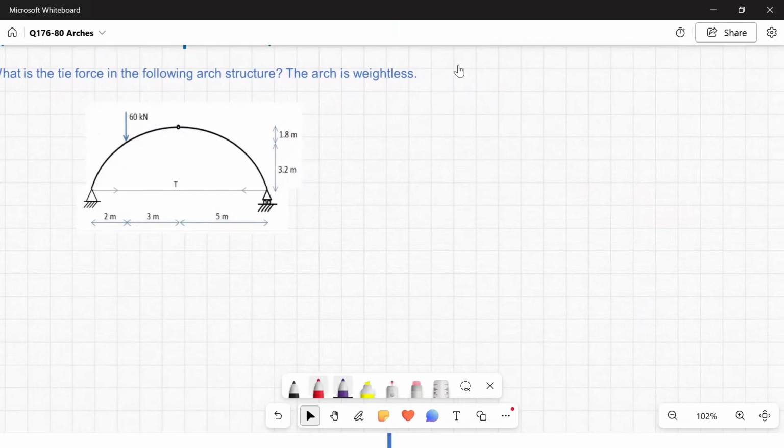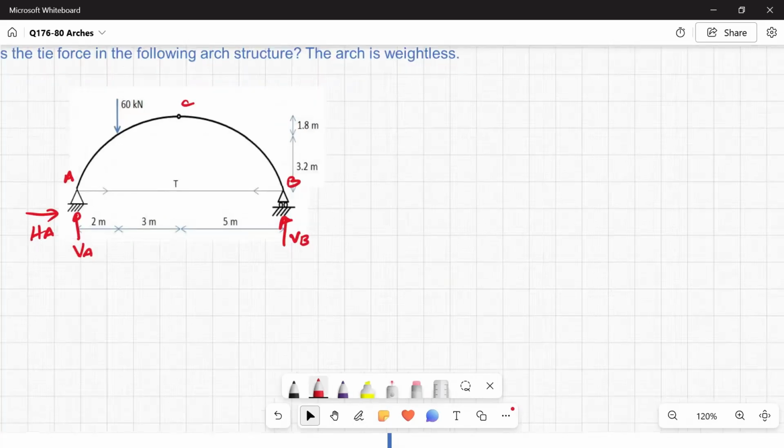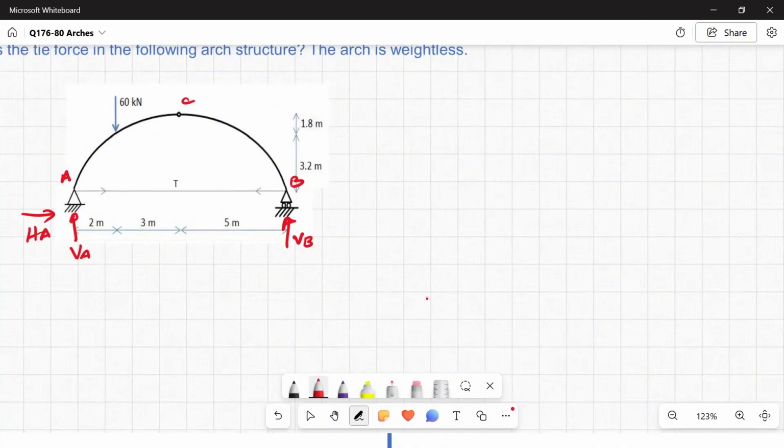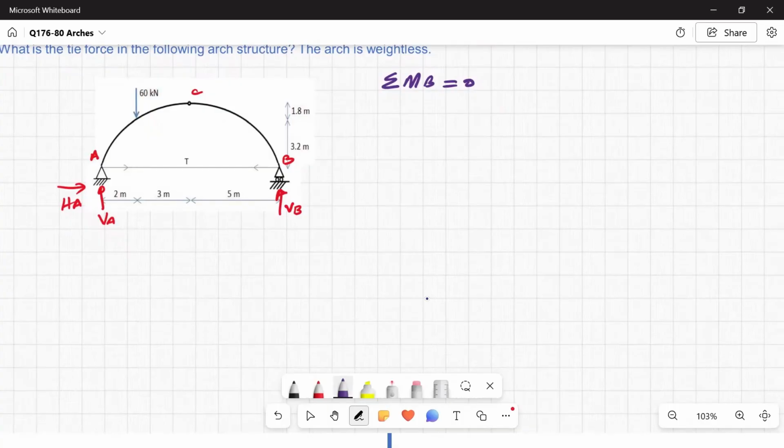Let us solve this question. So first thing, I would like to name this as A, B, and C. And here reactions are VA and HA, and in here the reaction is going to be VB. It's a roller support, so there won't be any horizontal reaction. So first, vertical reactions. So for vertical reactions, I will say summation of moments at B is equal to 0. When you say summation of moment at B is equal to 0, then I have